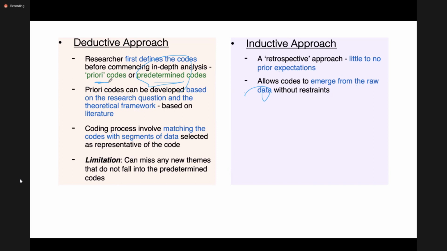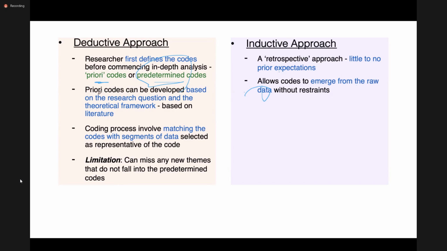Say, lack of awareness about health and safety, or lack of financial allocation for health and safety. If any similar things have been mentioned in the data also, then we can give it that predetermined code.